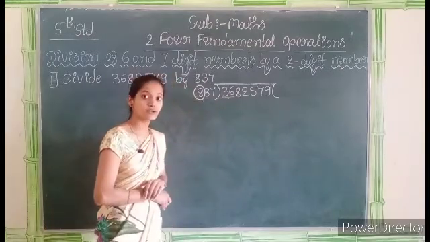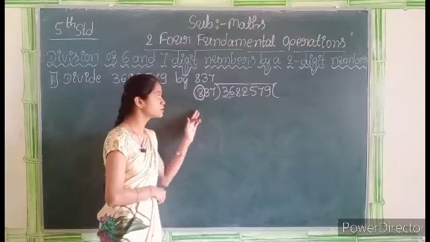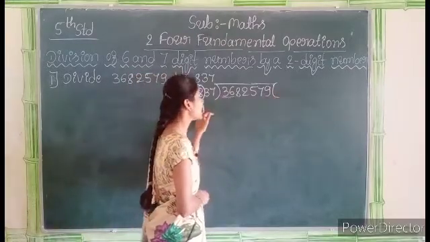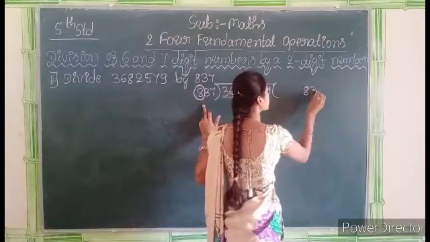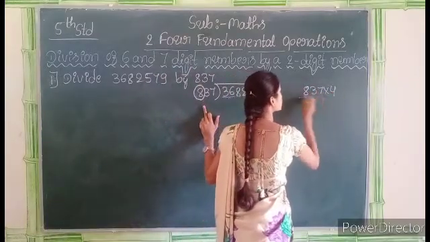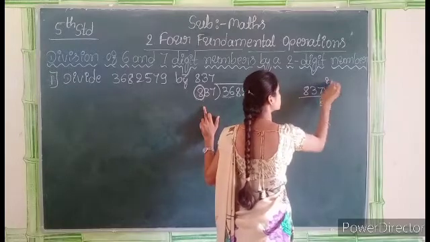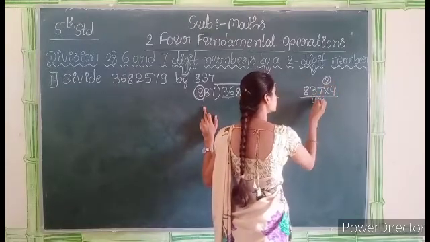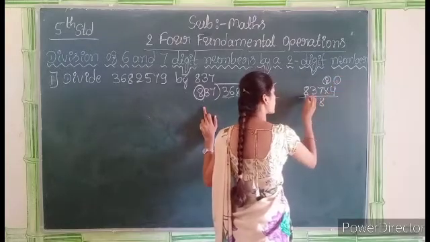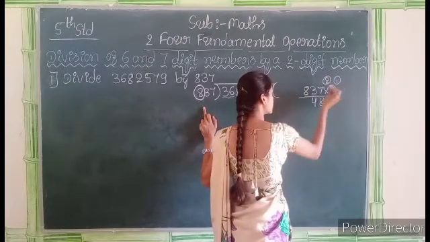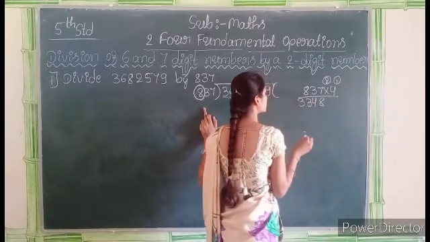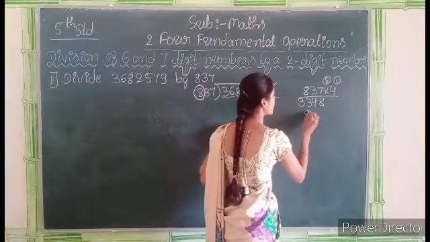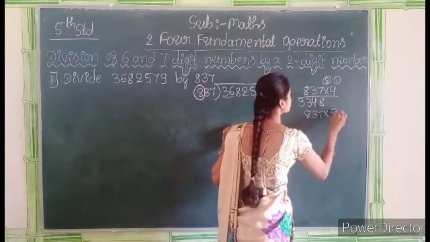That is 32. 8 4s are 32. 4 may be the leftmost quotient. So let's check with 837 4s are. 4 7s are 28, then 2 carry, 4 3s are 12, 12 plus 2, 14, 4 then 1 carry, 4 8s are 32, 32 plus 1, 33. We get 3348. So let's check with 837 into 5.